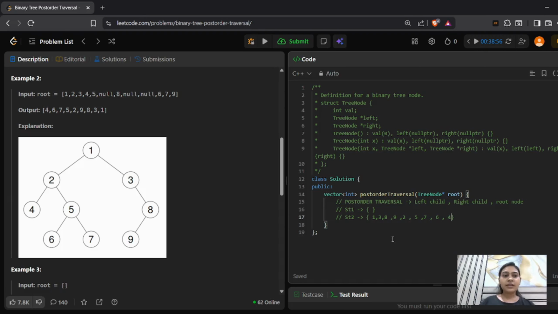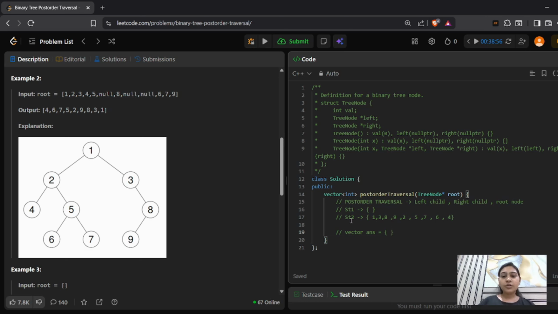Now you will say that our current output and the actual output are very different. So how can you say that we have stored it? So wait, we need to define a vector, an answer vector. And now stack uses the approach of LIFO, that is last in first out. So you need to remember that we are going to pop every element from stack 2 and push it into our answer vector, and we keep on doing this until our stack 2 becomes empty.